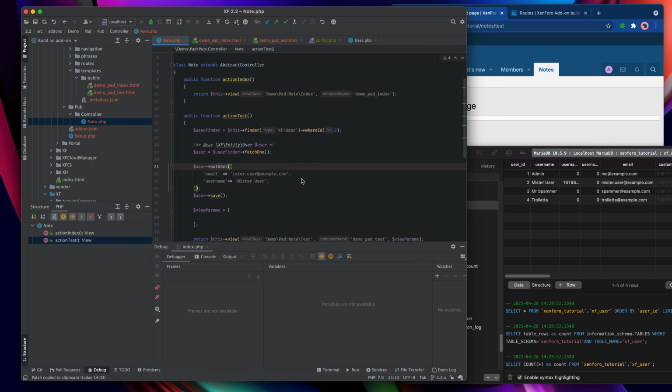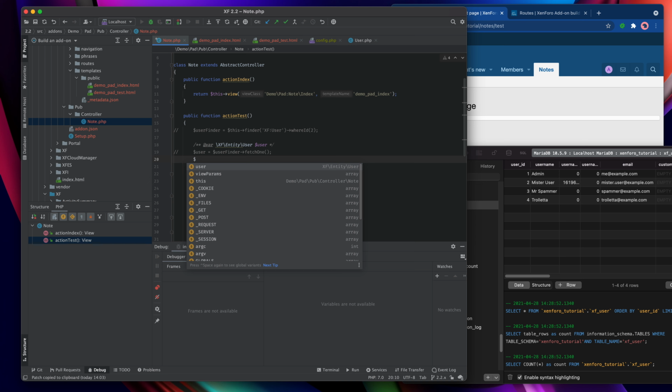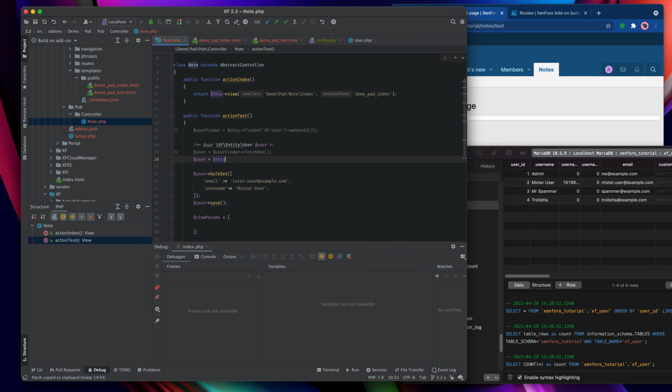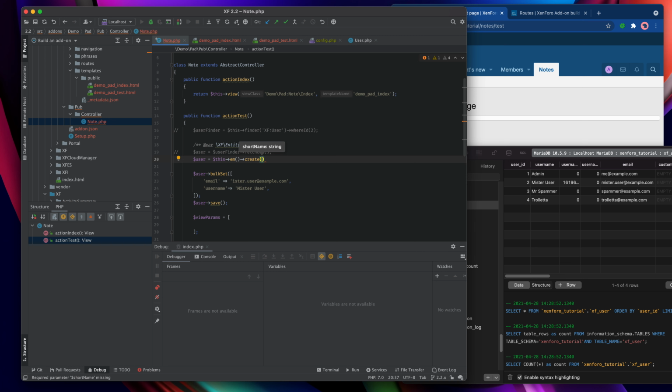So that's updating existing entities in a nutshell, but what about creating new ones? Well, as it happens, it's really quite similar. So let's just change this code around so that we're not working with an existing one, but we're creating a new one. I'll get rid of that line about the user finder, and then this part where I fetch the results of the finder I also want to get rid of. And instead I'm going to leave the PHP doc in place because we are still going to be working with a user entity. But this time I'm going to say user equals this em, which is entity manager, create, and then I need to pass it the short name of the entity type that I'm trying to create. So again, it's a XF user.